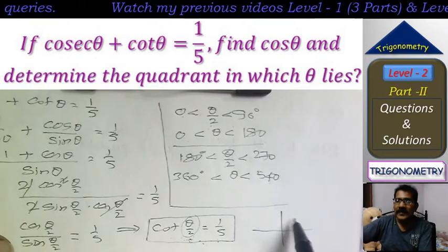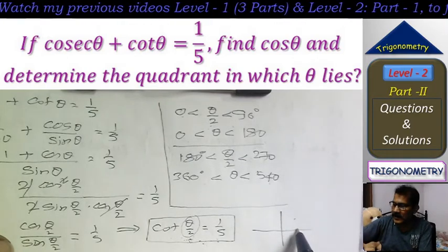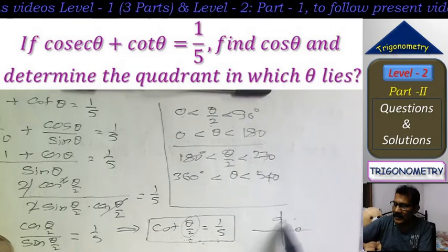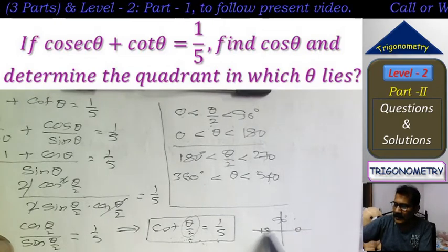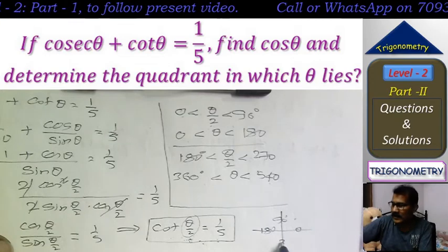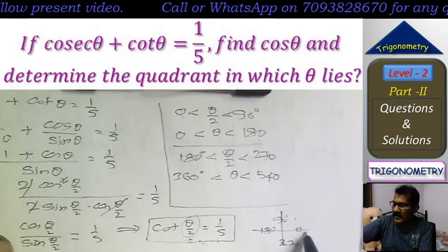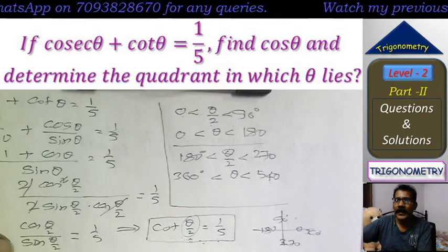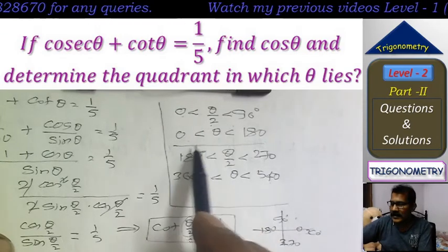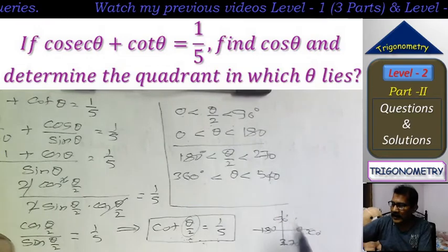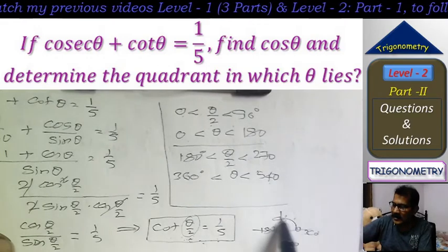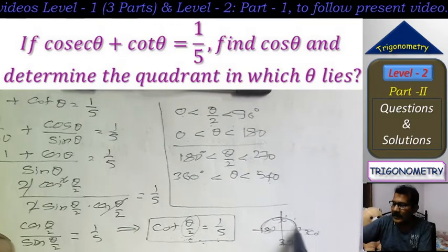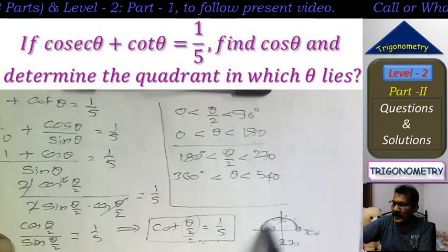Here this is the first quadrant, starts from 0 and this is 90, 180 and 360. This is 270 and this is 360. 360 or 0 indicates the same thing. Okay. For the first case, theta lies 0 to 180, means this is the region for the theta, means that theta can lie anywhere from 0 to 180.